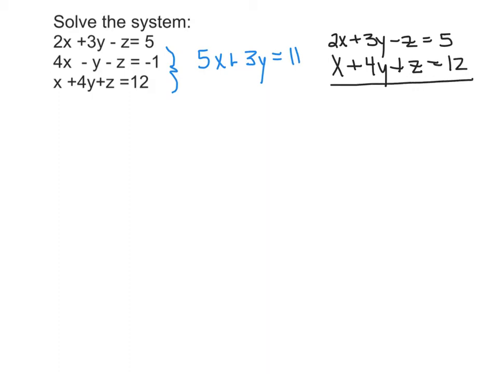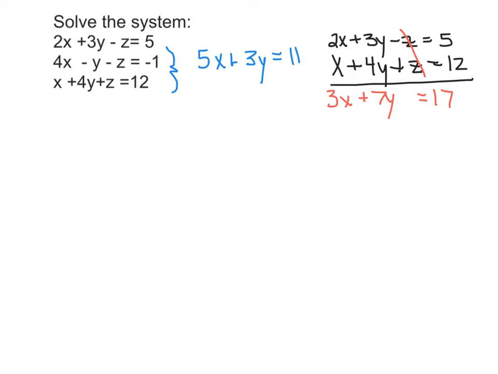When I add those two equations together, that's going to give me 3x plus 7y, notice that the z's are eliminated, equals 17. So I now have the blue equation and the red equation that both have the variables x